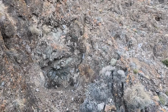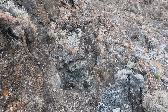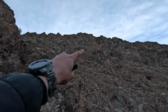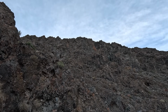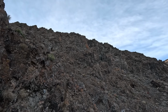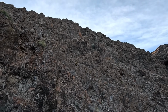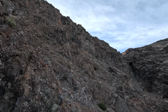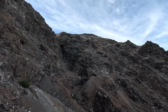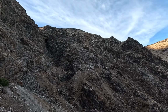There's what looks like probably a filled in portal. There's even stacked stones almost to the top of this freaking mountain. I mean, there's just so much more to be seen. There's lots of random wooden beams also strewn about, looks like they used them as platforms. So yeah, as you can see, the sun is on its way down, so that'll be the end of this video,